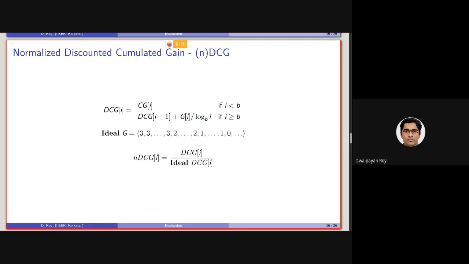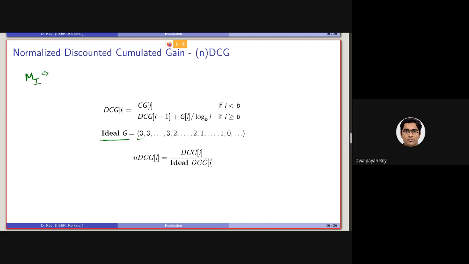All right. And finally, what we'll be doing is, we'll be also considering an ideal gain. For an ideal gain, the document should be retrieved following their individual gains in basically a descending order. So basically, the ideal gain will be achieved by an ideal retrieval system, say MI. An ideal retrieval system is what?